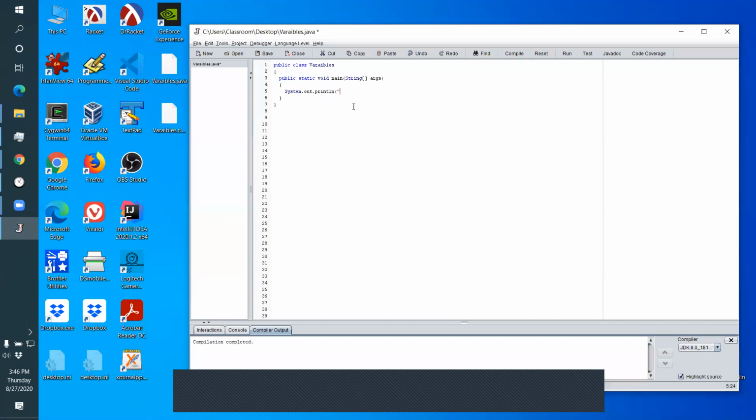I'll make it print hello, which is everyone's favorite example to start with. Every textbook starts off with showing you a program that just says hello. So now if I